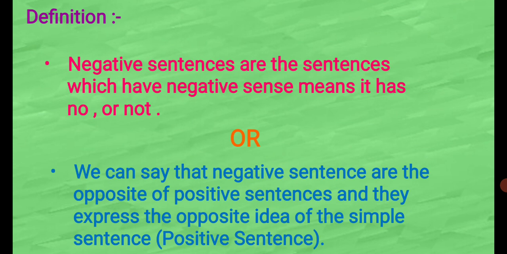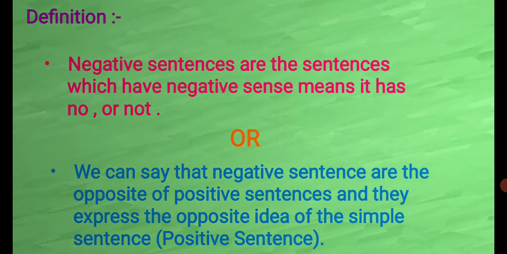A positive sentence just tells us whatever the idea or claim is. For example, I have a good book, this is the positive sentence, right? But if I want to say the opposite in a negative way, at that time I use not in the sentence. So I can say, this is not a good book, right? So these are the differences between negative and positive sentences.